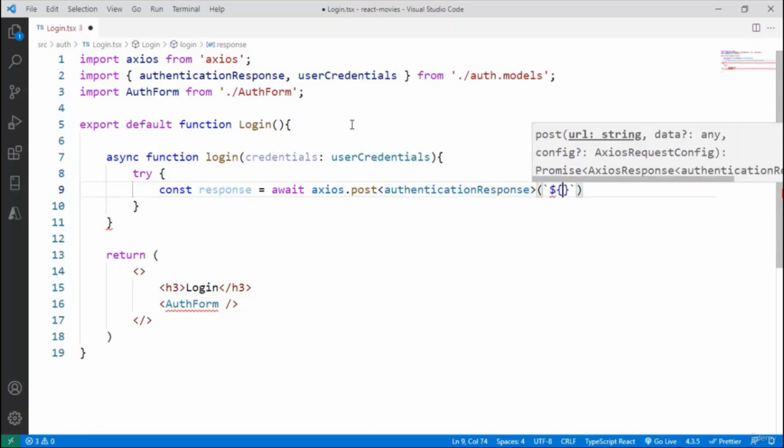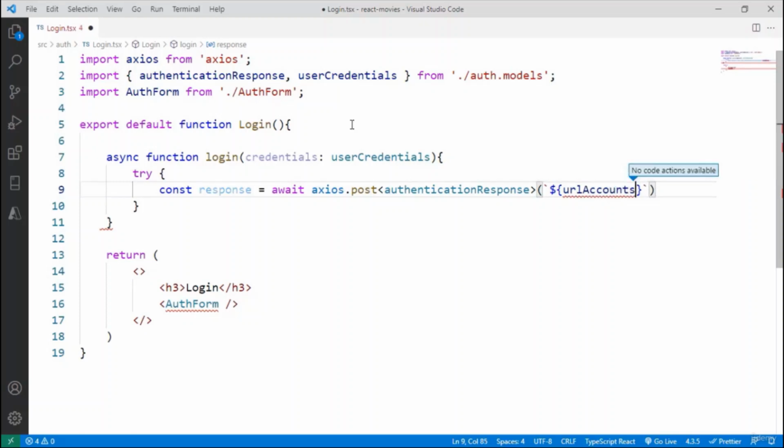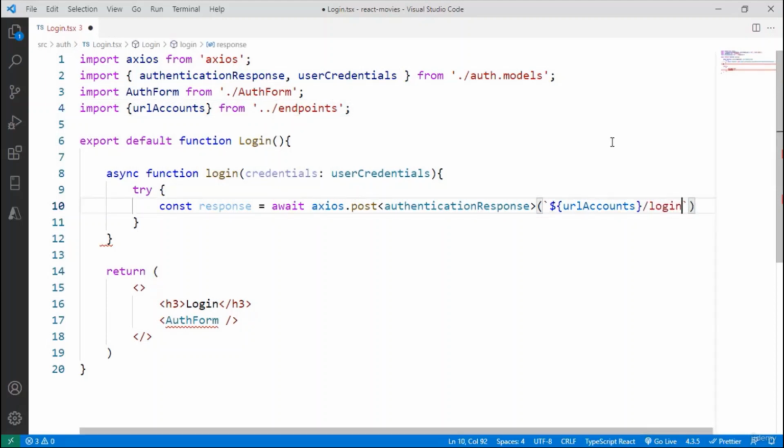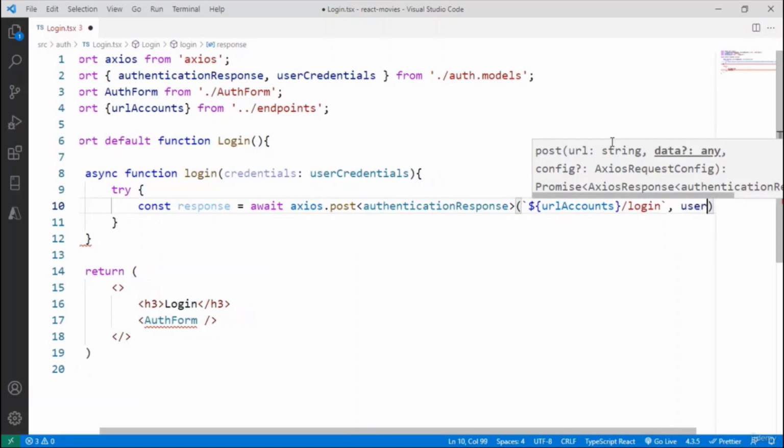Now let me say backtick here URLAccounts, and let me import that from the endpoints file. So URLAccounts from endpoints, and then let's say here slash login,